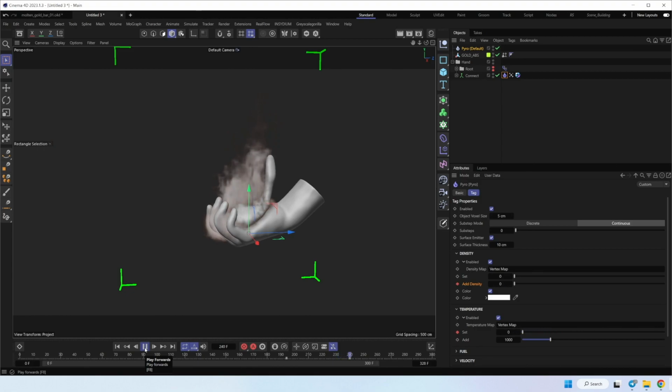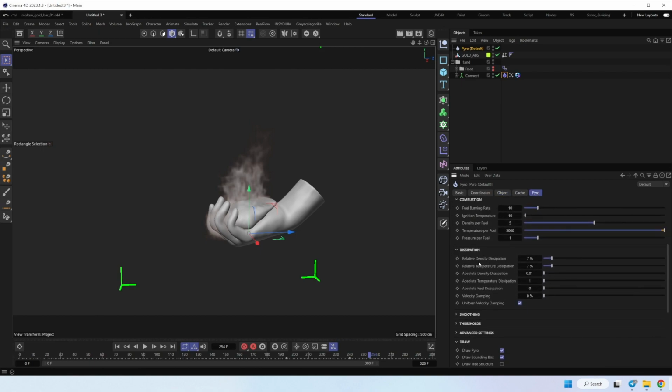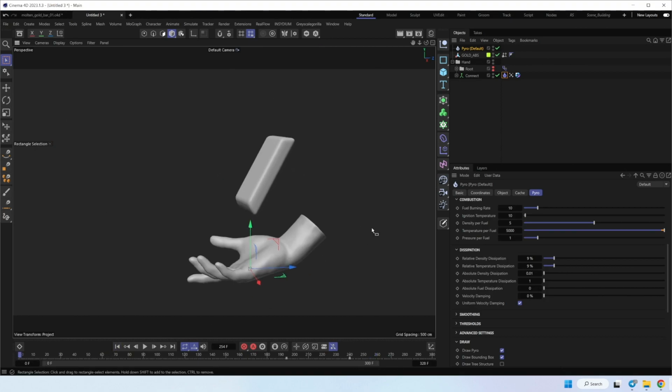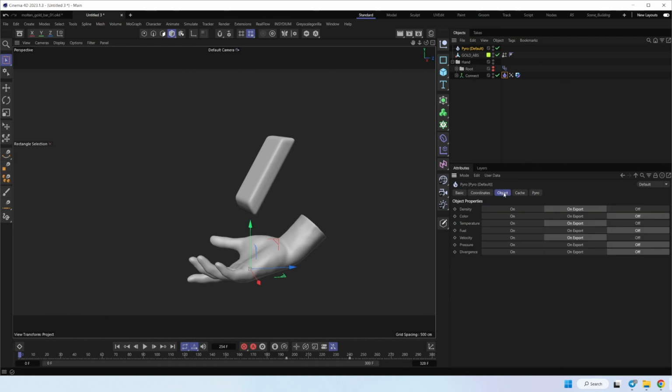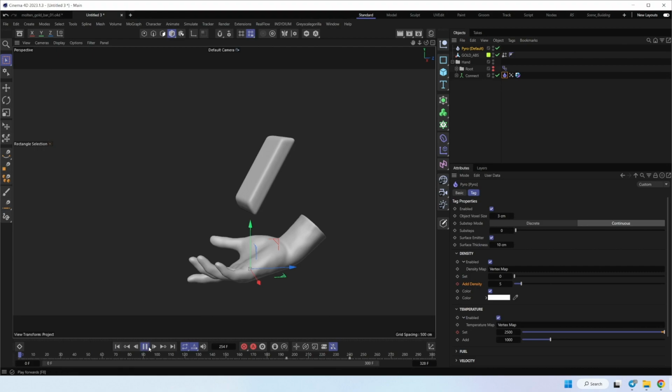Also, we need to add a few things inside Pyro object for better smoke disappearing. Let me show you, for example. Or maybe we can skip it too. Let me show what I made for original setup in these parameters. Relative density is dissipation, and the second one I just set to 10 to get less smoke in the scene, because it will be too much if we decrease this setting. For example, if I set it to 3, you will have a lot of smoke, and we don't need that much smoke for animation.